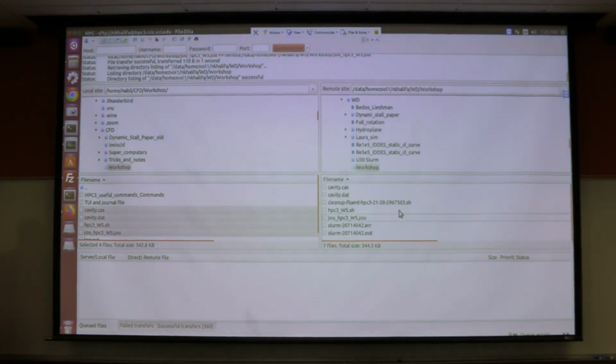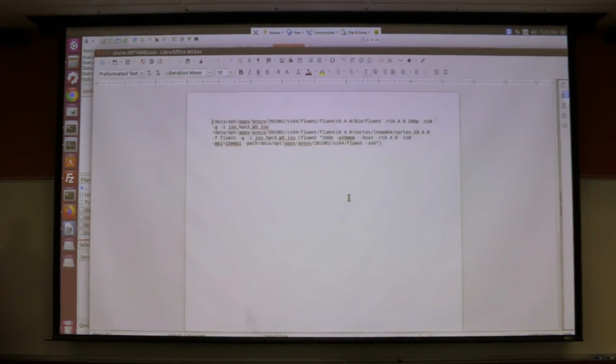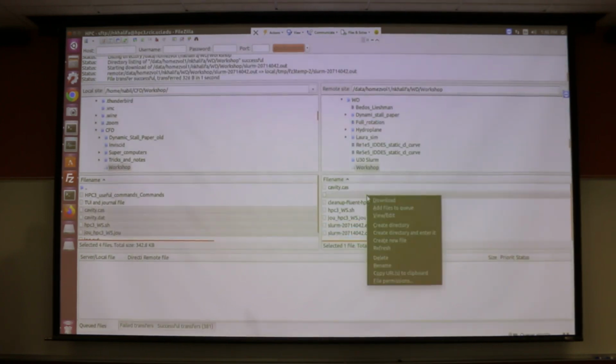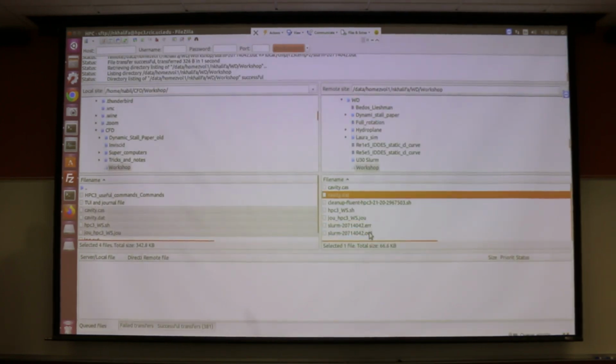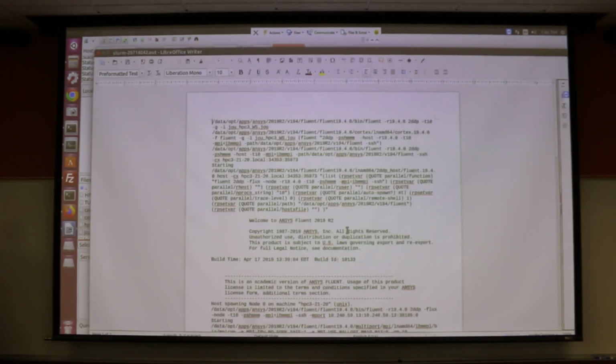I right click on that directory. I click refresh. You will find here the slurm.out file. I view and edit this file. You will see here what's being written in the Fluent console. Remember the Fluent console that we saved to the log file, and the Fluent console that we see in the graphical user interface is being written here inside that out file. I can refresh again and I can click view edit, discard and read again. Here it is,